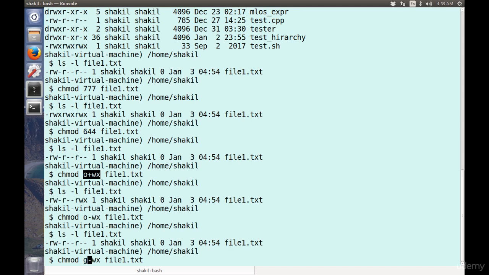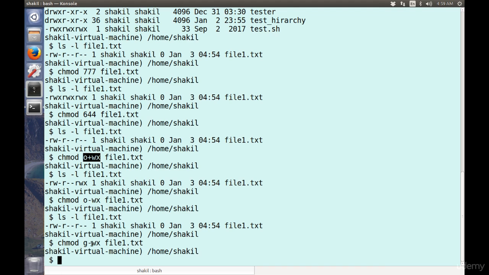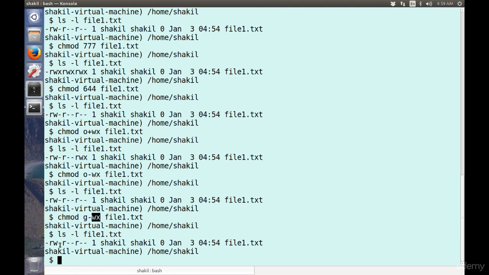So let's try to do it with group. For group, we have removed the permissions of write and execute. If I look at file1 now, this we have removed. So for group, there were no permissions earlier, there were only read permissions, and we have removed the permissions with respect to write and execute, which were not there. Something which is not there and you remove it doesn't matter, it will remain the same. Let's suppose there is a permission here, so we will add the permissions first and then we will remove.